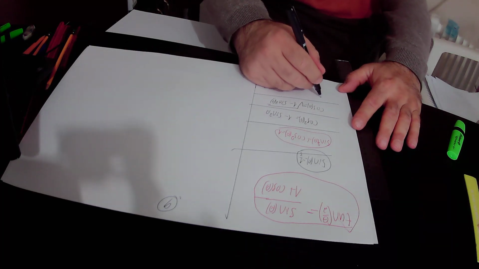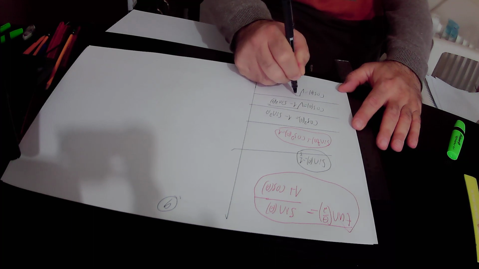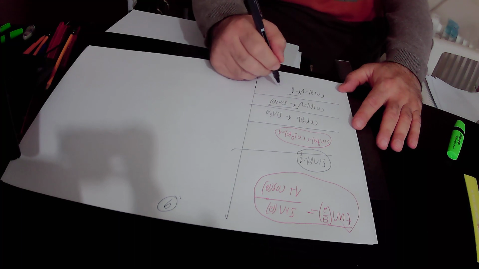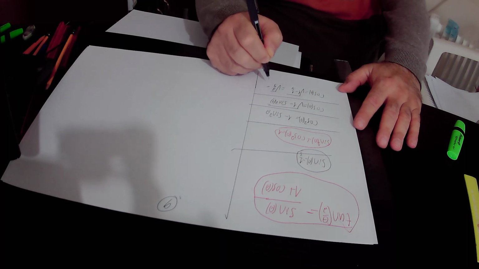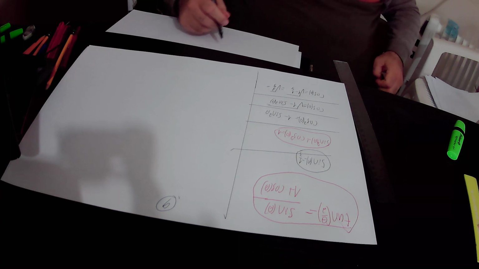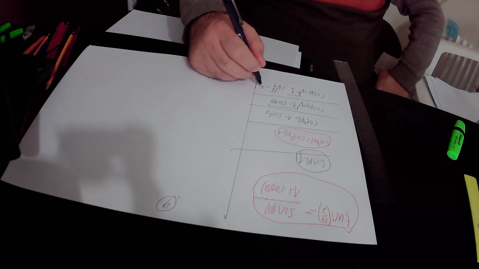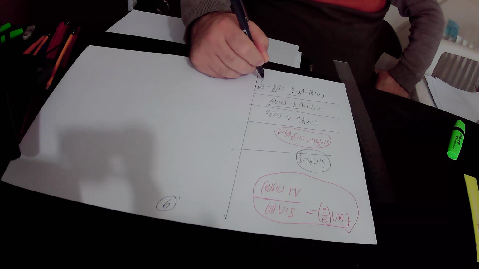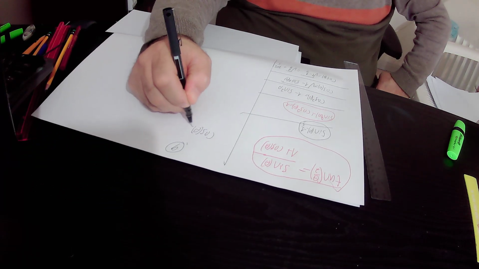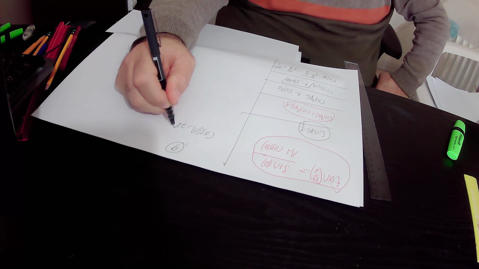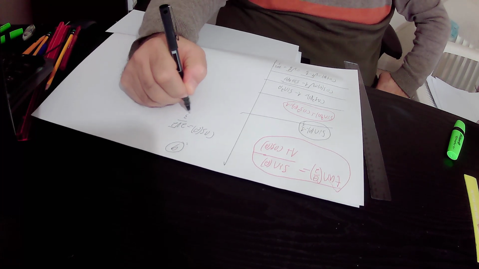So we can write here that cosine theta is equal to the square root of 1 minus 1 over 9, that is sine squared theta. 1 minus 1 over 9 is 8 over 9, and the square root of 8 is 2 times square root of 2, and the square root of 9 is 3, so in conclusion we found out that cosine theta is equal to 2 times square root of 2 over 3,